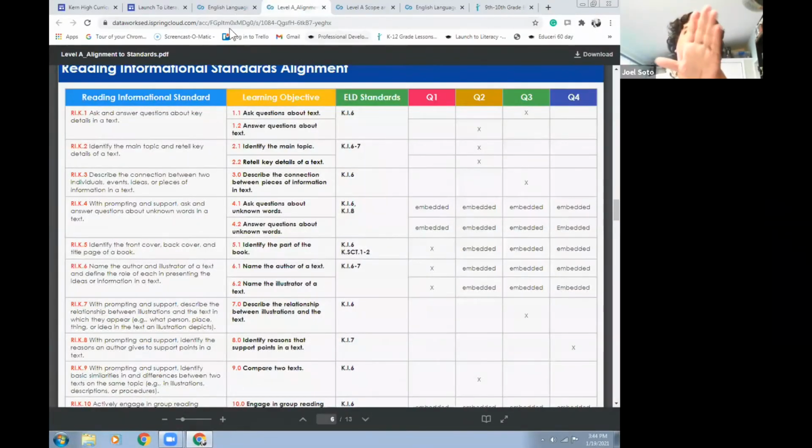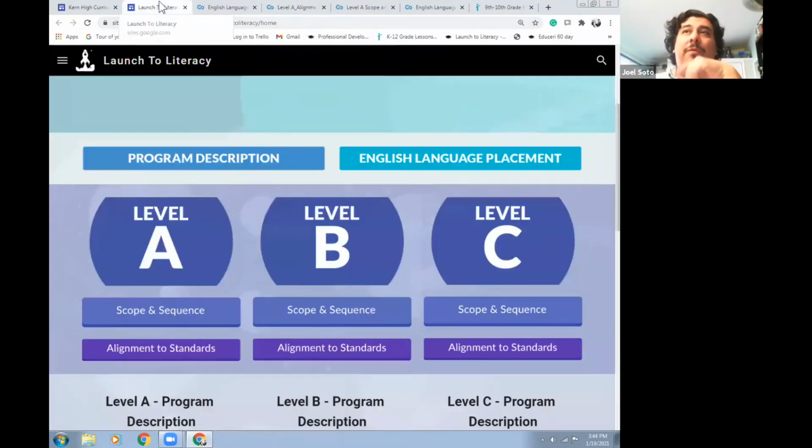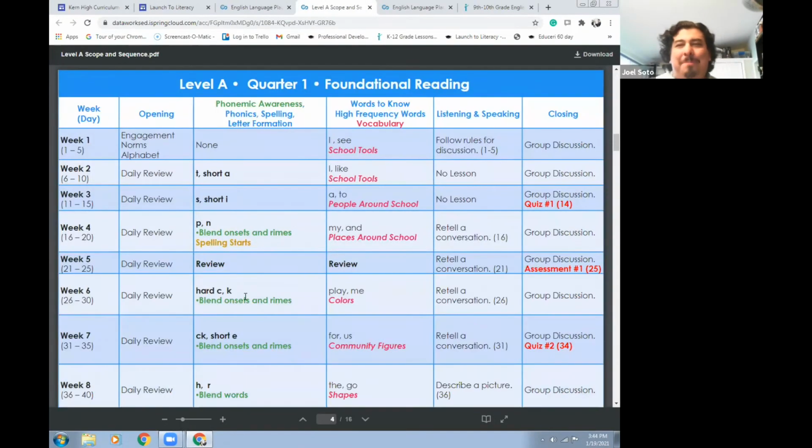Okay. So next, everyone, I'm going to move on and I'm going to click on our scope and sequence. One of the best things that we have is that we have the privilege of putting together a paced out program. Look at this, this is level A, this is newcomer, this is our paced out program. One of the things that we've discovered is that teachers will plan fantastic lessons, and 2 days later, they'll be like, hey, does everyone remember what we did last week? And all the students are like,